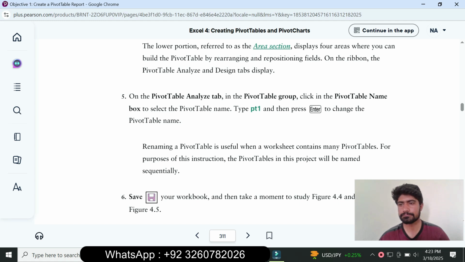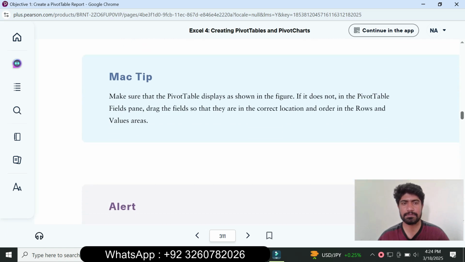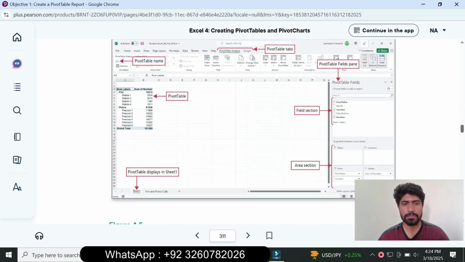Next, renaming a PivotTable is useful when your worksheet contains many PivotTables. For the purpose of this instruction, the PivotTables in this project will be named sequentially. Save your workbook and then compare your work with figure 4.5. So check the 4.5 and